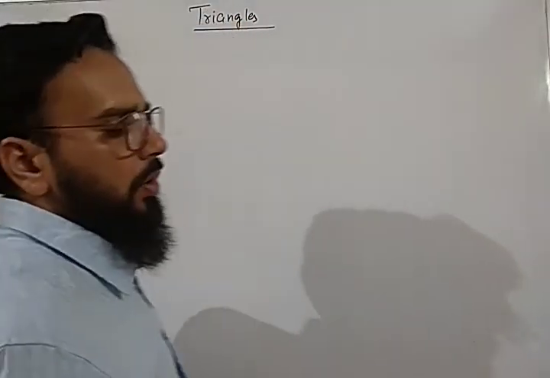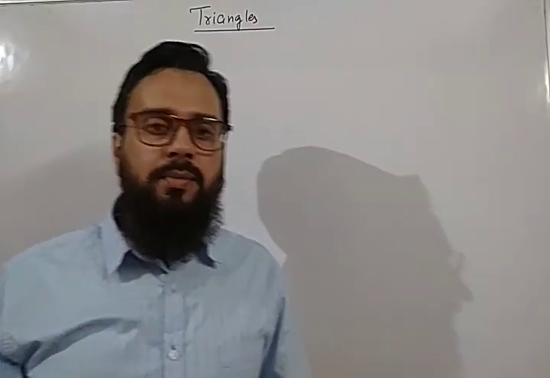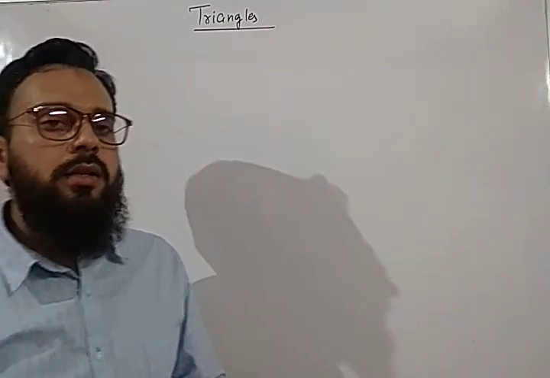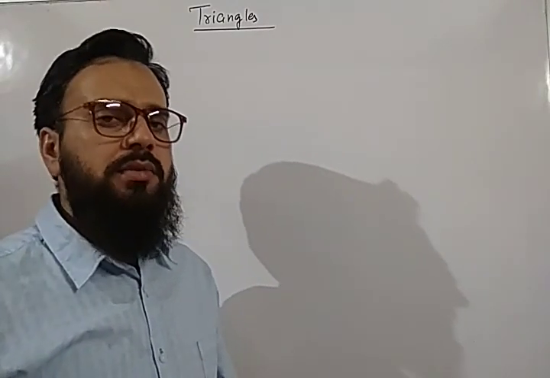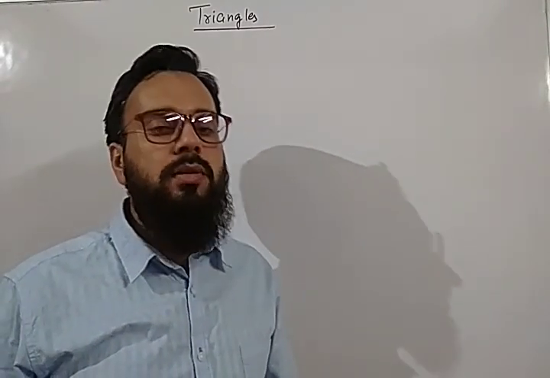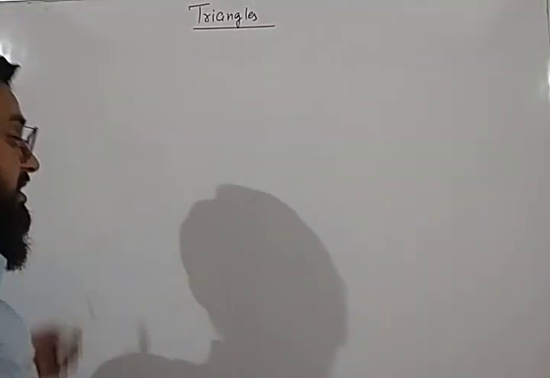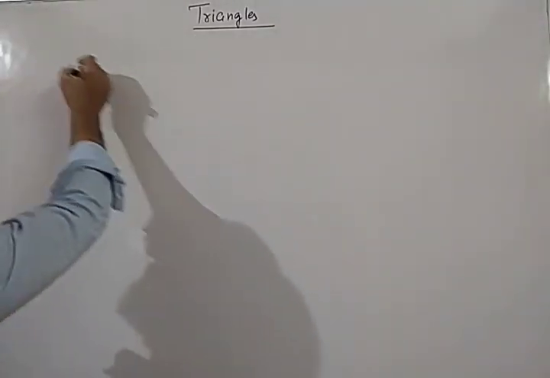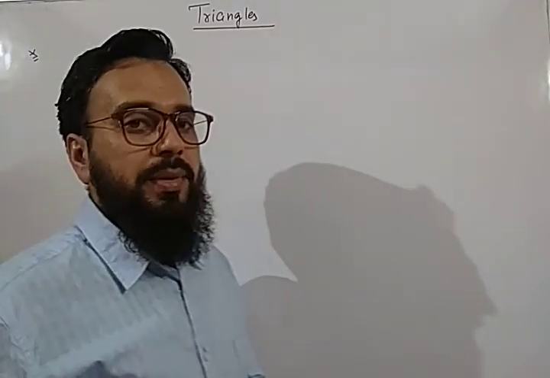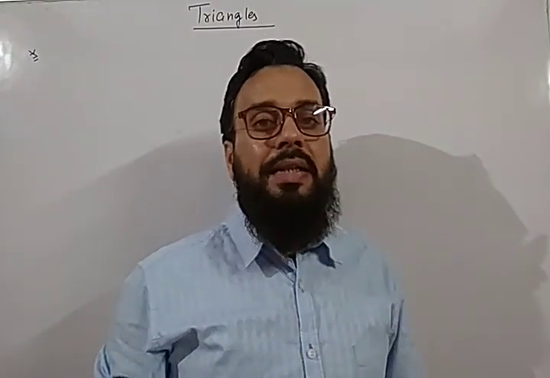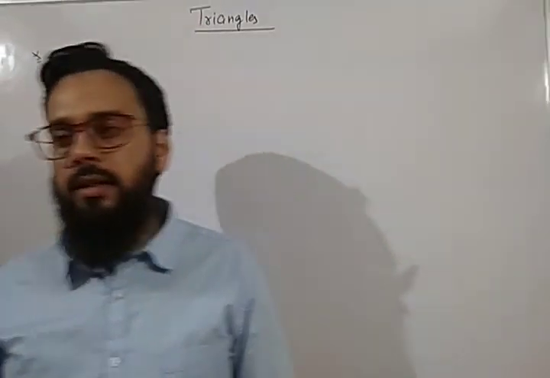Okay, so we have studied all the properties related to lines, parallel lines and all the angles related to parallel lines, and we have discussed different theorems and solved some questions also. Now we are going to start triangles. So basically, what is a triangle? You all know the definition of triangle. What is a triangle? The plane figure bounded by three lines is called triangle. You know the definition. So note down the definition.